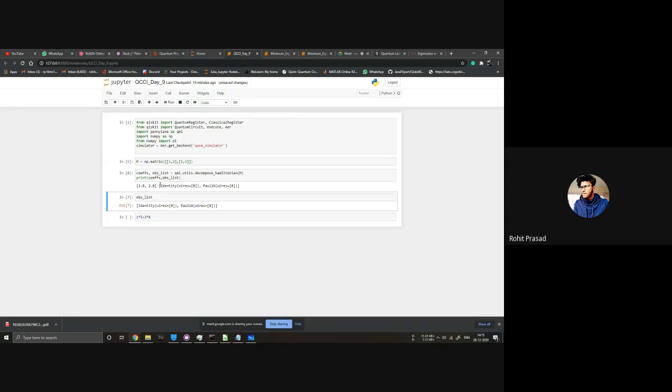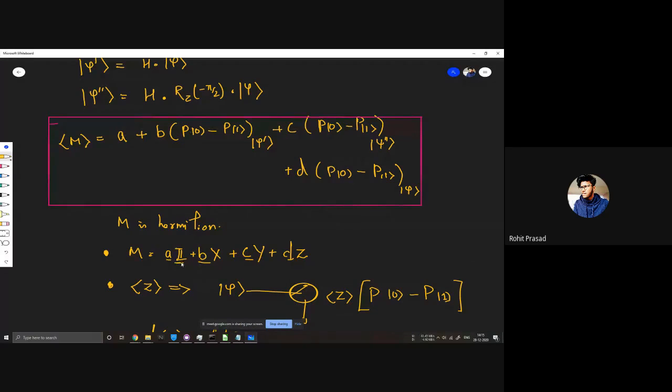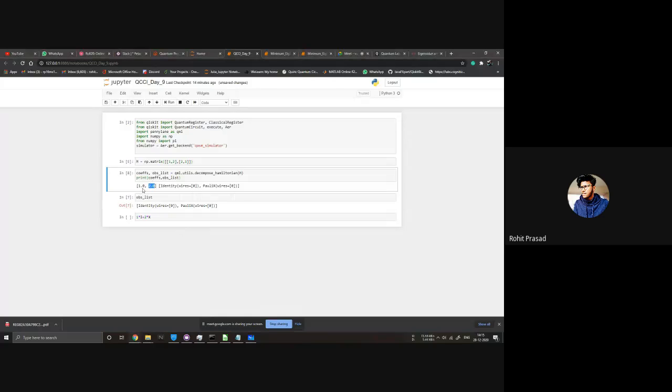So you can see that for identity, it says coefficient of identity will be 1. Coefficient of Pauli X is 2. Right? It's just that. Coefficient of identity is what? It's the first element, that's 1. Coefficient of the X is this one, right? The position: the first one linked with the first one, the second one linked with the second one. Did you get it now? Hello? Yeah, I got it. Okay.